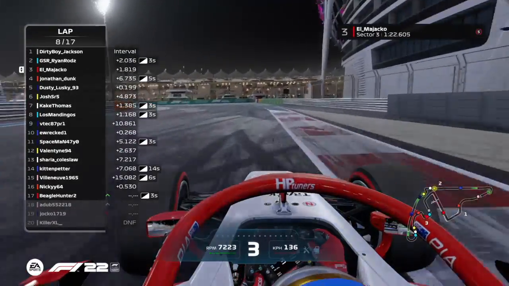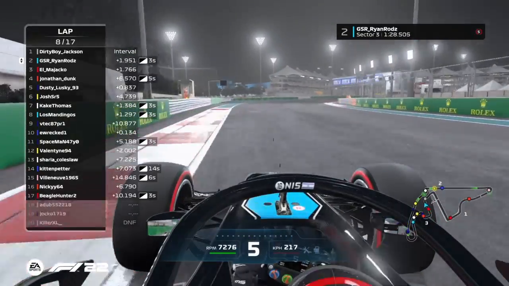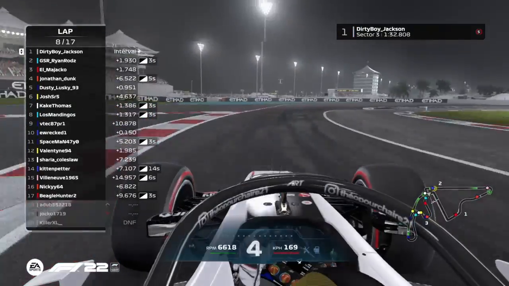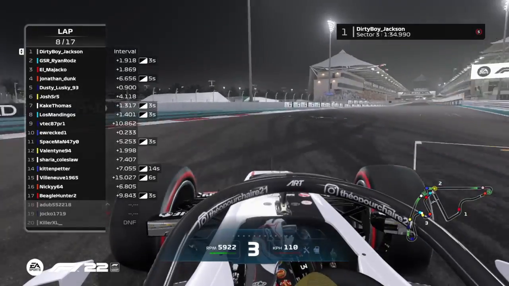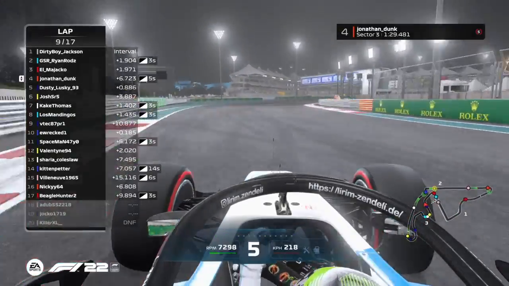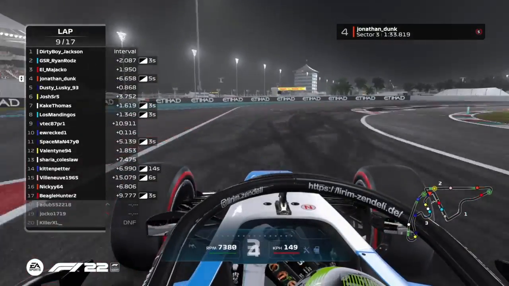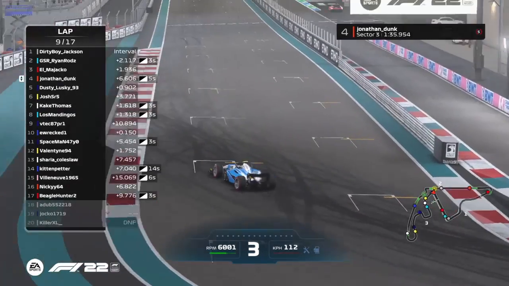So that moves Jacko up to the 3rd spot. Ryan Rod's in 2nd, although it looks like Jacko will be taking that 2nd spot once the penalties come into play. Dirty Boy Jackson does have the lead. Yet again, I'm wondering, Jonathan Dunk and A-Dub, what has happened between those two? Do we have anything in the F2 Discord? That's what I'm,